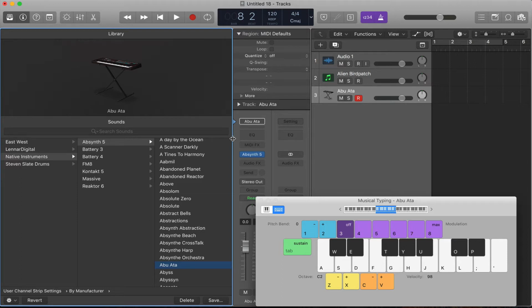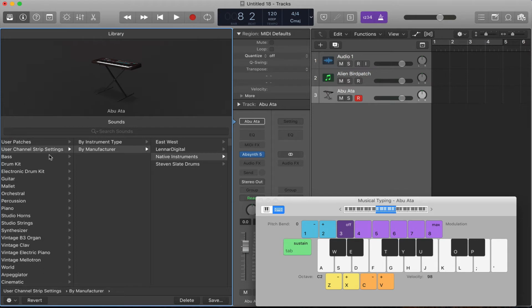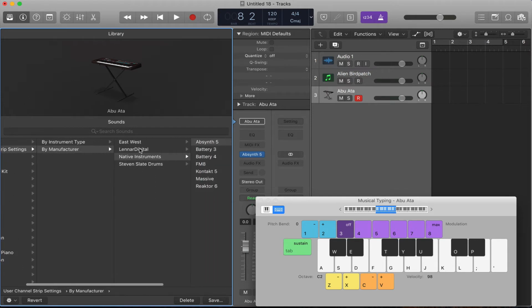So how did I do this? Well, I shall show you. But before I do, check this out. Look at all of these different options I have. I've loaded 90% of my library, so I open up this empty channel strip, and if I want to go to EastWest,